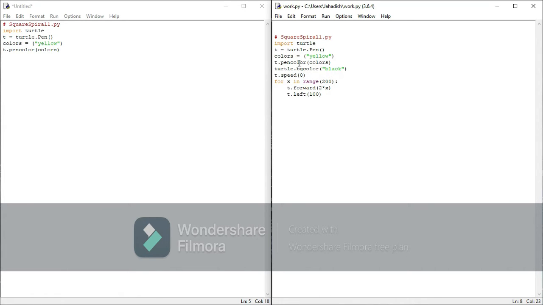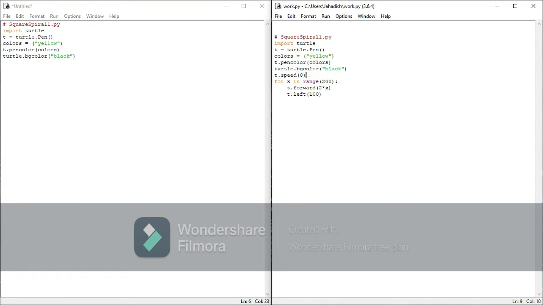So now turtle dot background. We don't want our project to be dull with boring colors, right? To make it more innovative and interactive, we should use a background color. If you don't want, you can just delete it. Now turtle dot bgcolor black. You can choose any color you want. So now type that code, enter, and there you go.